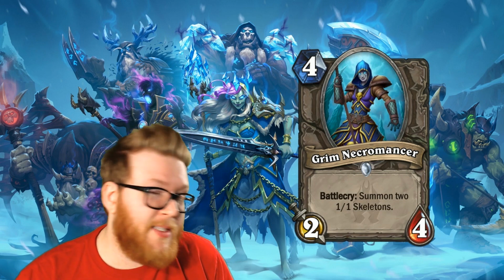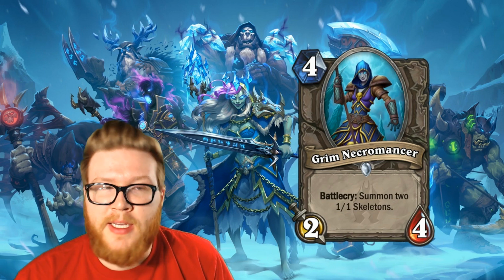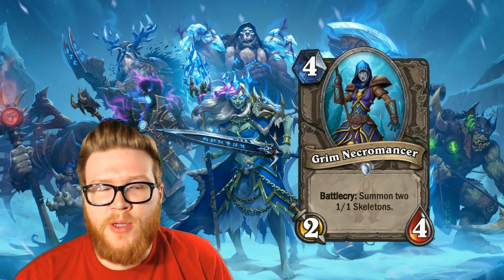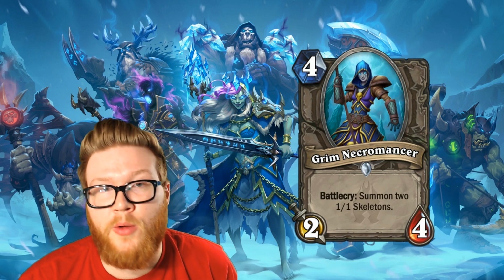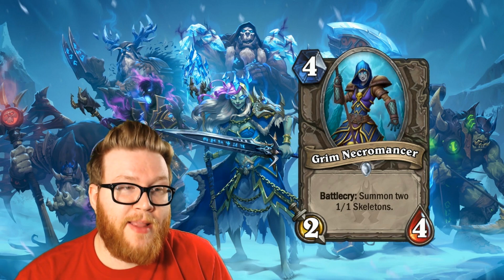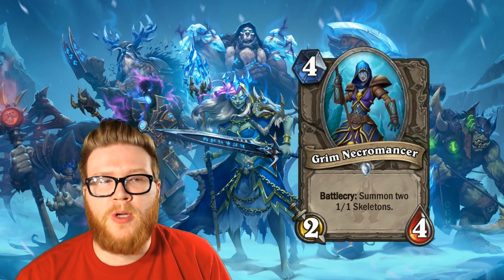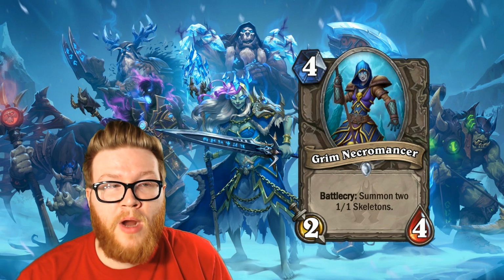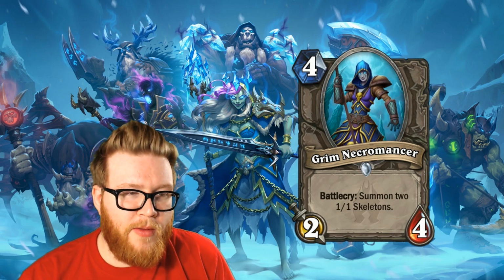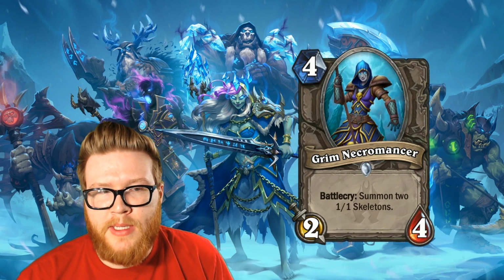So this maybe has some applications in like a flood deck where you're trying to get tons of stuff out on the board, like we've seen with Token Shaman. That said, I don't think it's better than some of the tools and cards available at that mana cost already for Shaman, so I don't think that exact list makes sense for this. And I'm sure most decks will be able to find a 4-drop that suits a similar need, but does so in a much stronger or higher synergy way. So although the Grim Necromancer looks like a fine card at its core, I suspect it will not see any play in